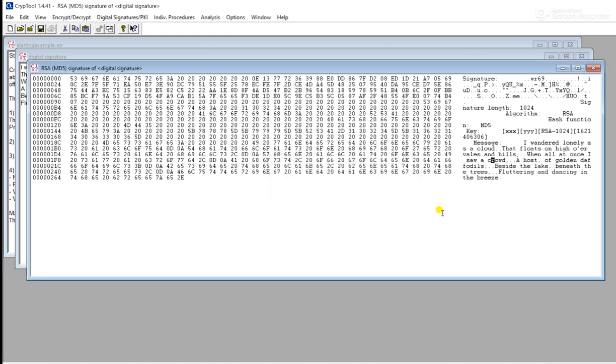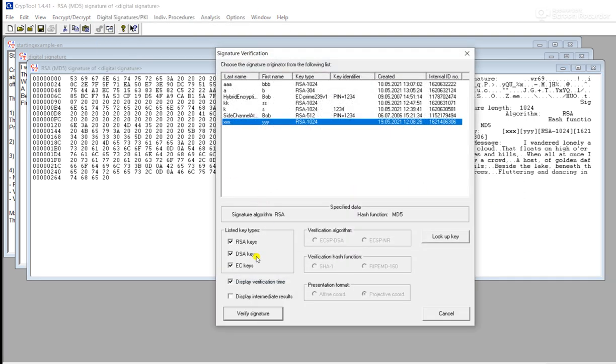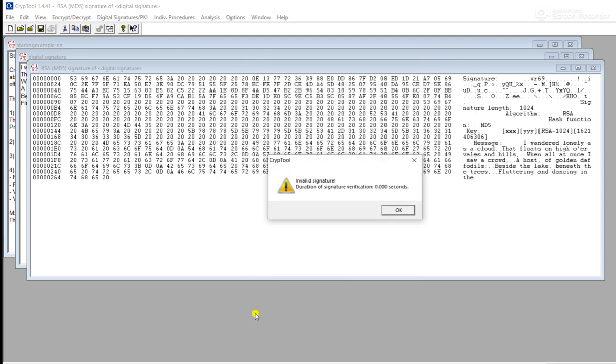Then let's say that I change this message. I'm going to erase this word, breeze, here. Now I am going to verify the digital signature again. The same signature is selected here. I click on verify. It is showing invalid signature.